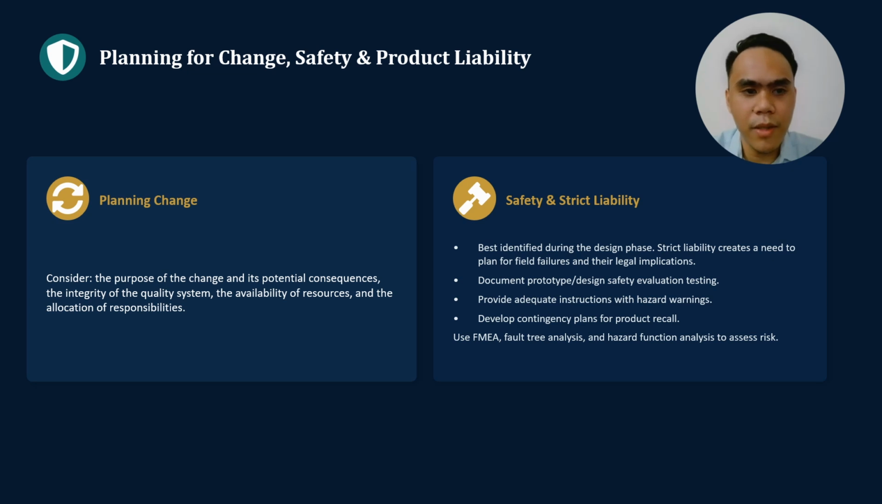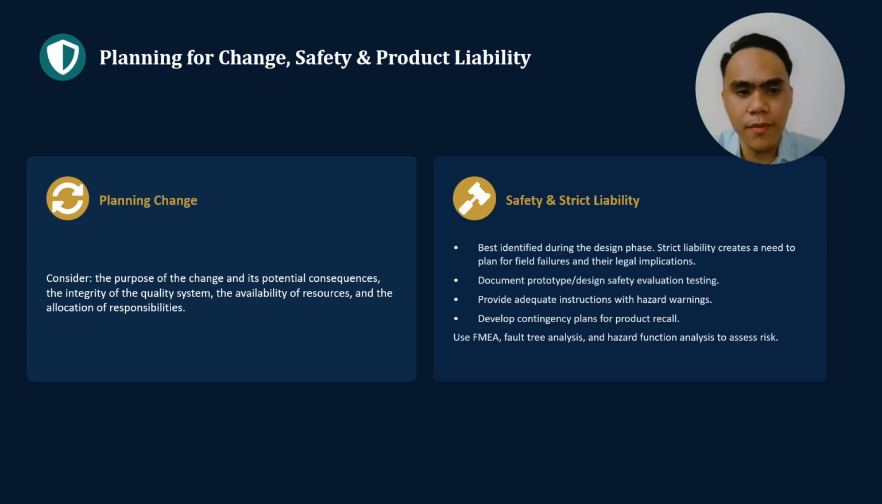So let's close out the planning section with change management and a generally serious topic: safety and legal liability. On planning for change, as discussed in ISO 9001:2015, the organization should consider the purpose of the changes and their potential consequences, the integrity of the quality system, the availability of resources, and the allocation of responsibilities. So this is not a technical checklist. Changing a quality system without considering all four of these can undermine the very system that change